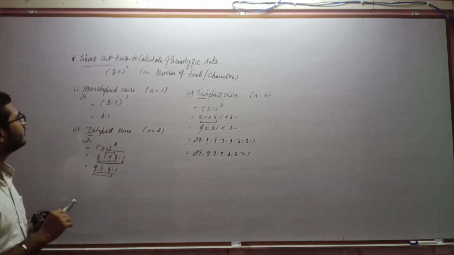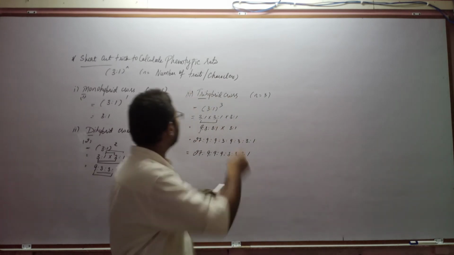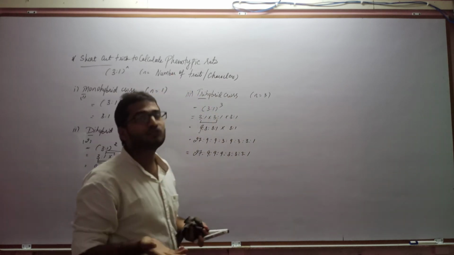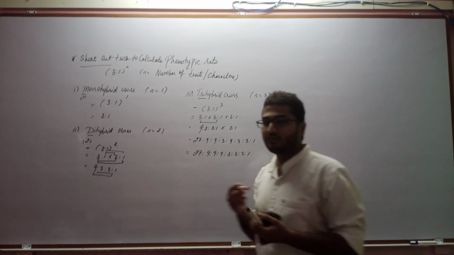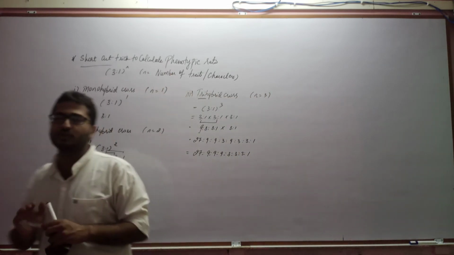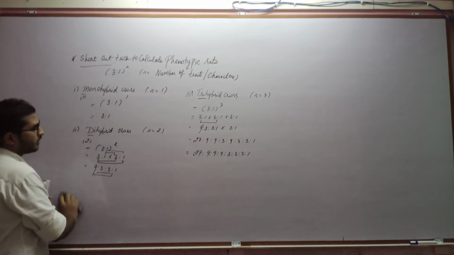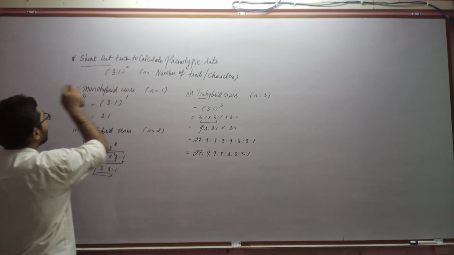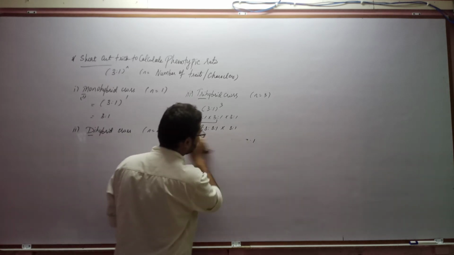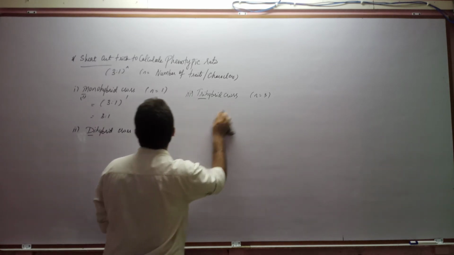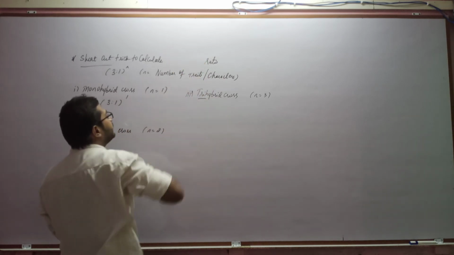Now let us discuss the shortcut tricks to calculate the genotypic ratio. Here it is phenotypic, that means the traits or characters which we can observe clearly with our naked eyes. So this is about the phenotypic ratio. Now let us discuss the genotypic ratio. Again the formula will change, but we have to discuss for all three, that is monohybrid, dihybrid as well as tri-hybrid cross experiment. So, shortcut trick to calculate genotypic ratio.